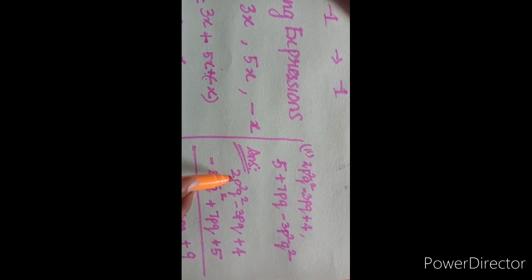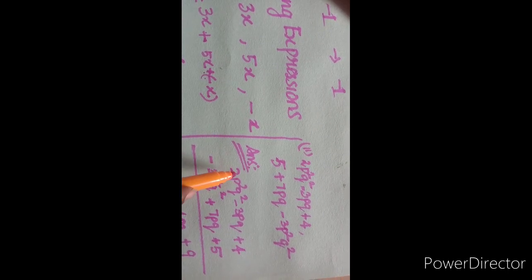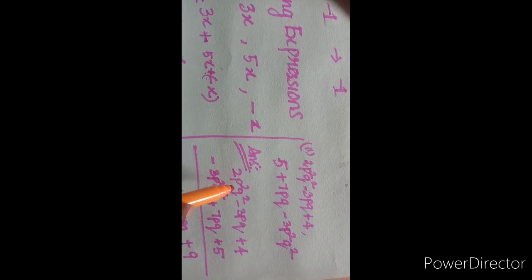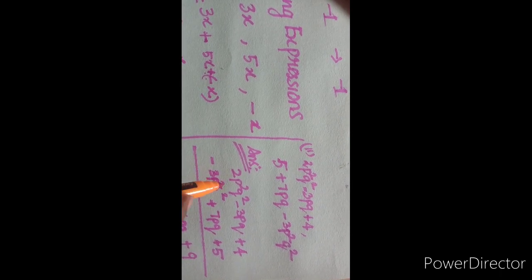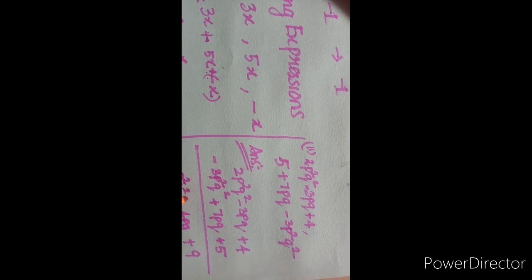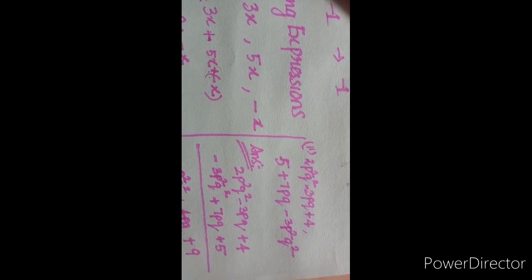Now we are going to subtract here, because here plus symbol is there, here minus symbol is there. So 3 minus 2, I mean 3p squared q squared minus 2p squared q squared. What will be there? 3 minus 2, 1p squared q squared. The bigger one has minus symbol, so minus p squared q squared plus 4pq plus 9 is the answer.